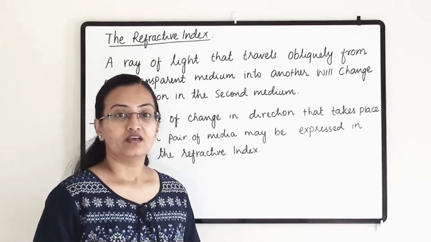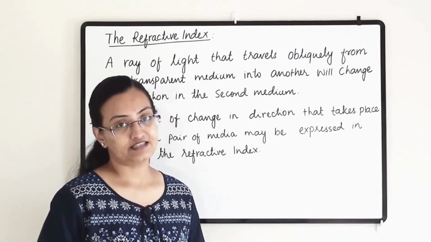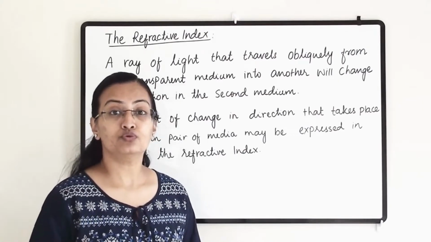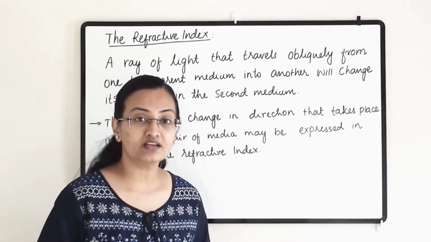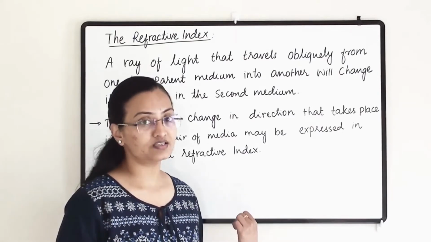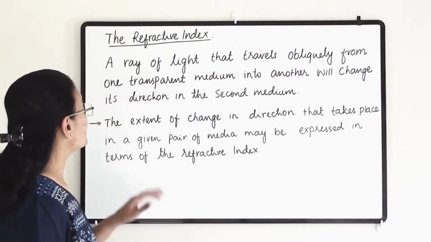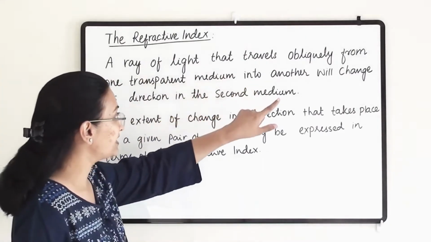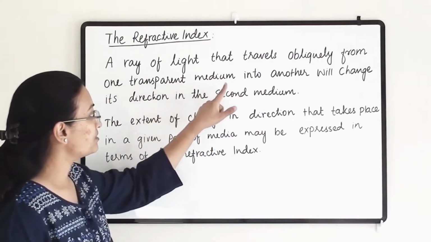Refractive index, and this is from the CBSE standard 10 syllabus. In my previous videos we have discussed refraction through a glass slab. If you have any doubt regarding the refraction phenomenon, then please refer to my video and then come back to this topic. So this topic is the refractive index. A ray of light that travels obliquely from one transparent medium to another